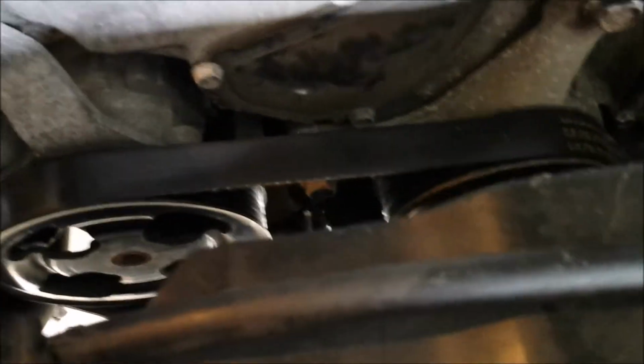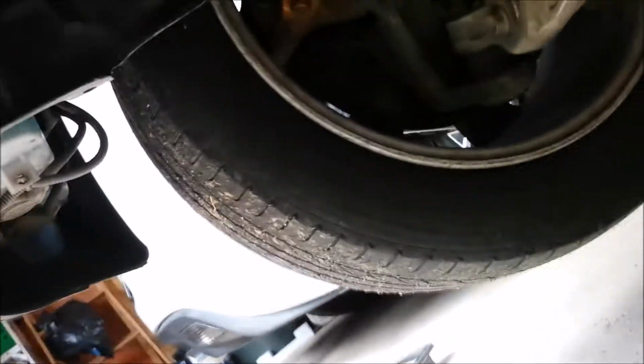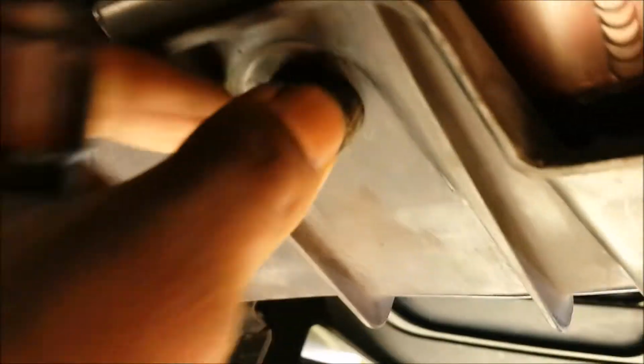After playing around with it, I was able to fit all of this. I just reconnected my fan. I reconnected the radiator reservoir. Let me show you what I'm talking about. You can see it. I don't know if y'all could see, but those are the little tabs on the radiator at the condenser. Once I was able to get that fitted as well as this fitted,